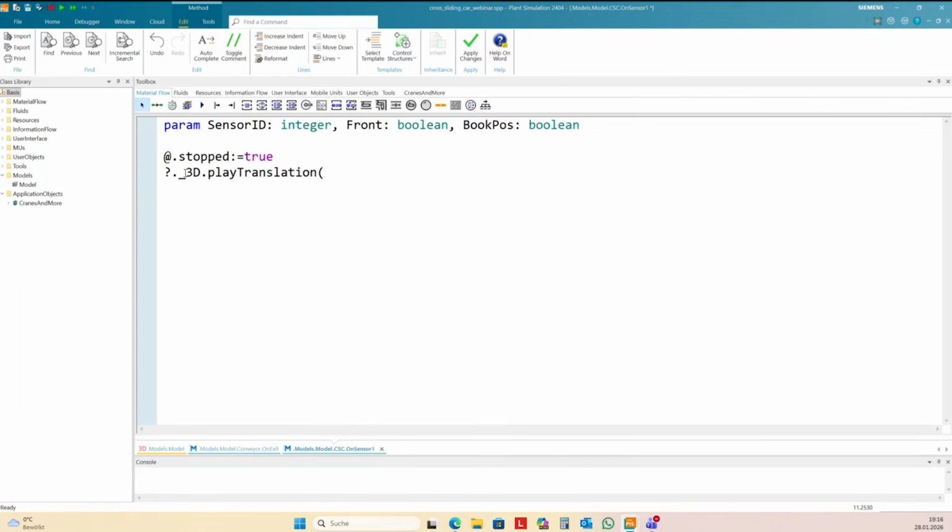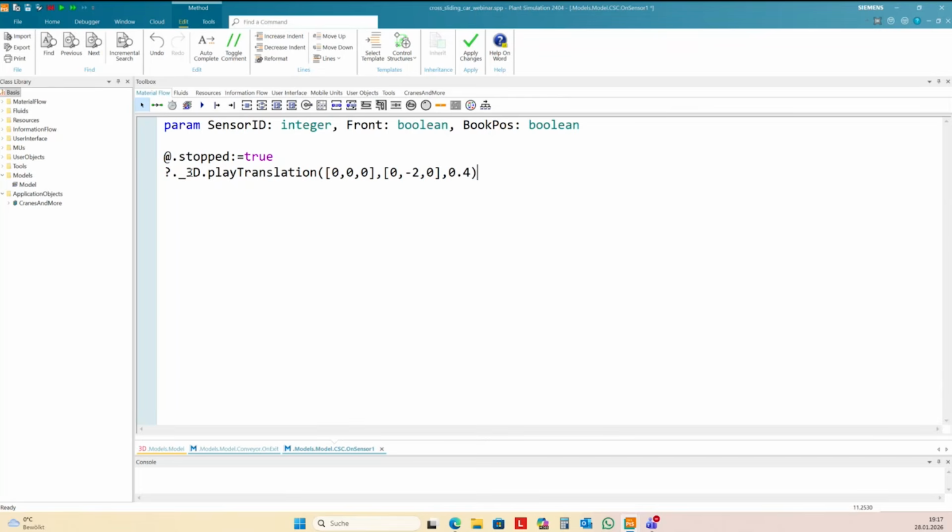I need to hand over 2 points here. The starting point of the movement, in this case, is 0, 0, 0. And the end point of the movement is 0, minus 2, 0. I don't want to move it in the Z direction. And then the third parameter is a speed, 0.4 meters per second.